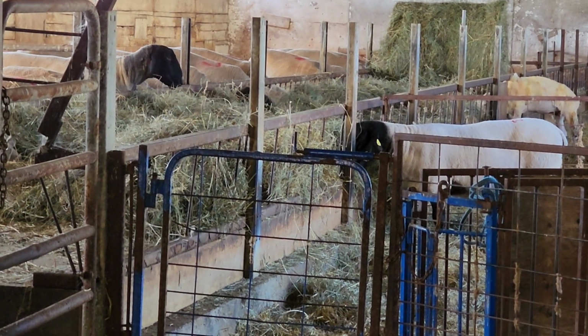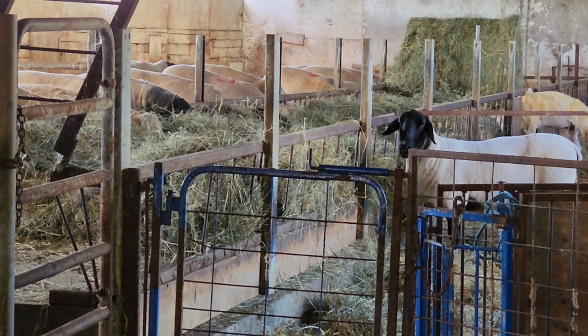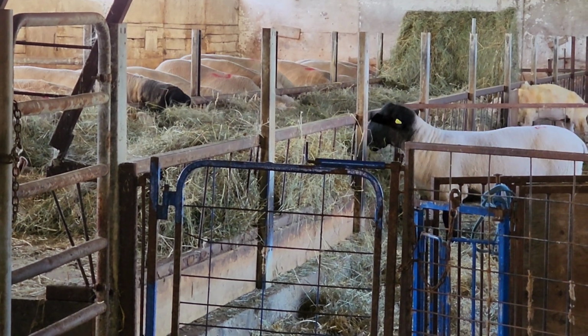I think that's the best fit for our farm, and we're really looking forward to breeding groups and seeing what he does for us. Okay, he's back in his pen. They got a nice fresh bale of hay. He's eating that